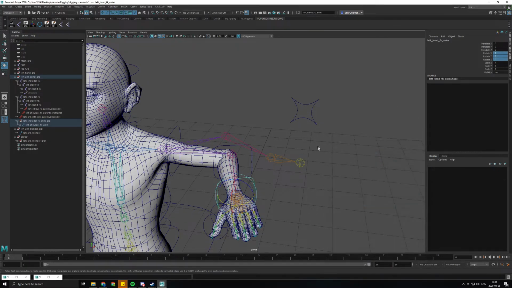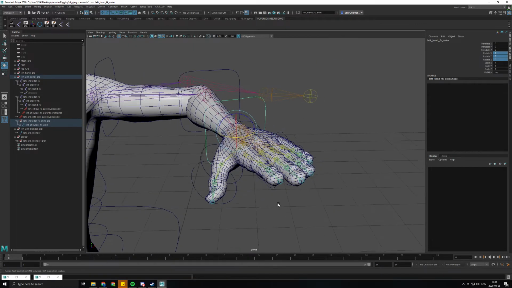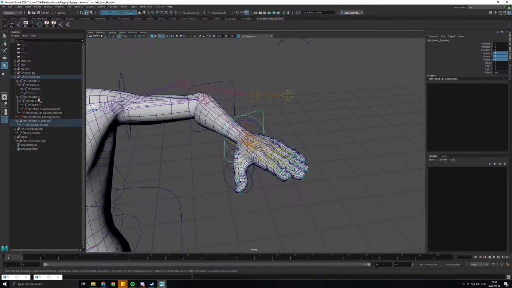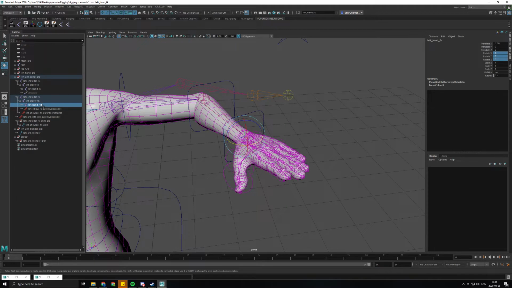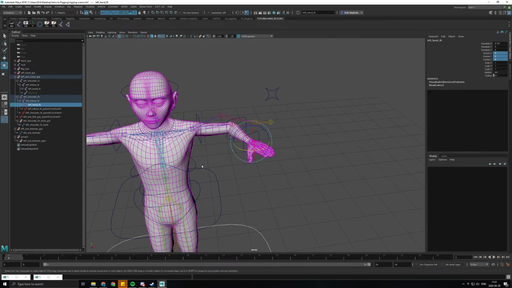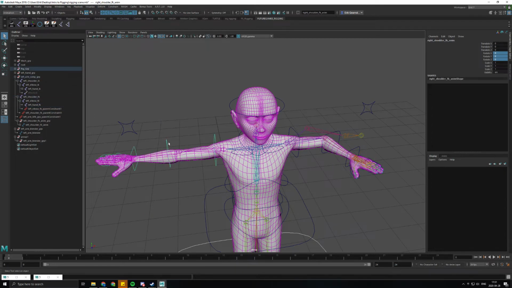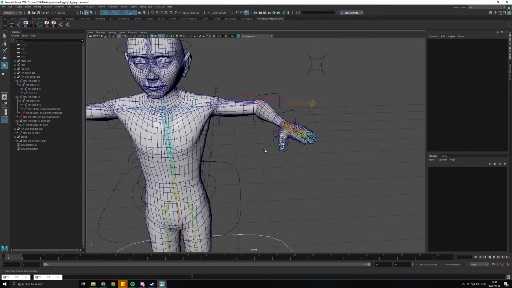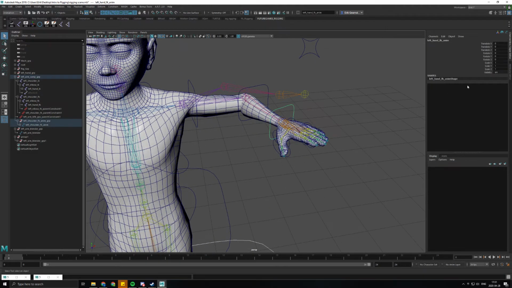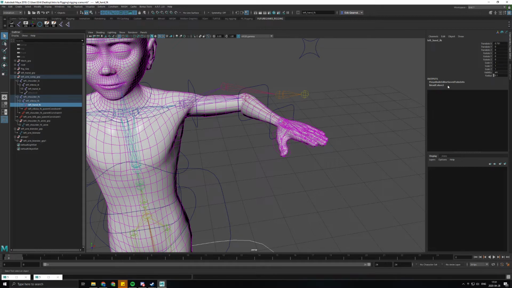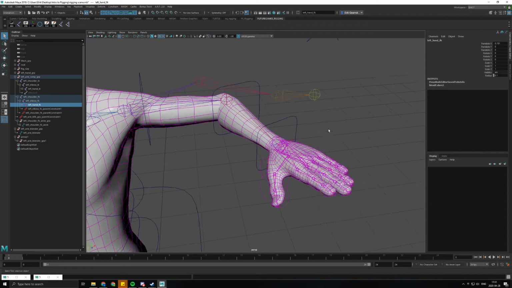We don't need the key editor anymore. I'm going to find the left FK hand here. It does not have an orient constraint on it, or a parent constraint, so I'm just going to select the controller,